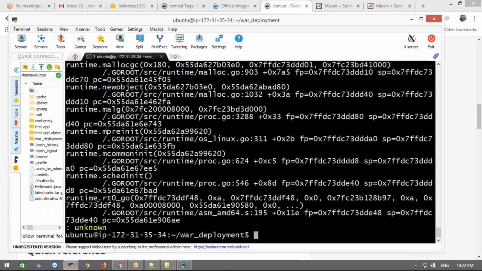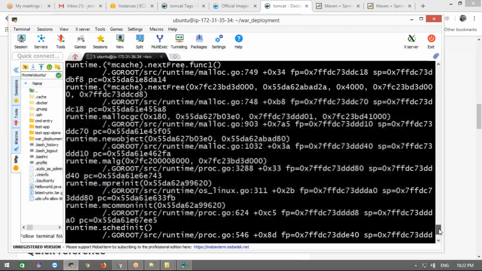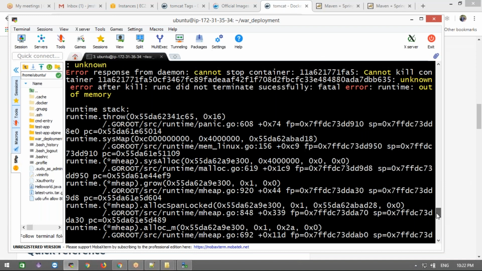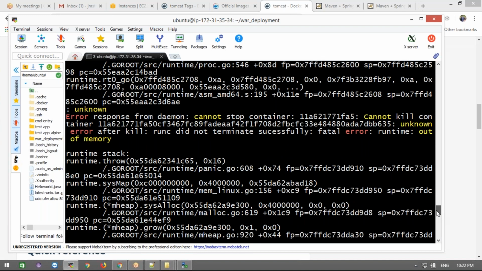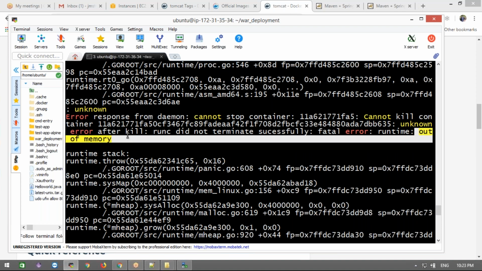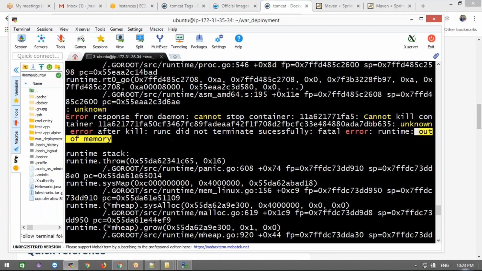See, I'm unable to stop something. Out of memory, it's showing, see, fatal error runtime out of memory. You're running out of memory on the machine. Yes, that's the reason.